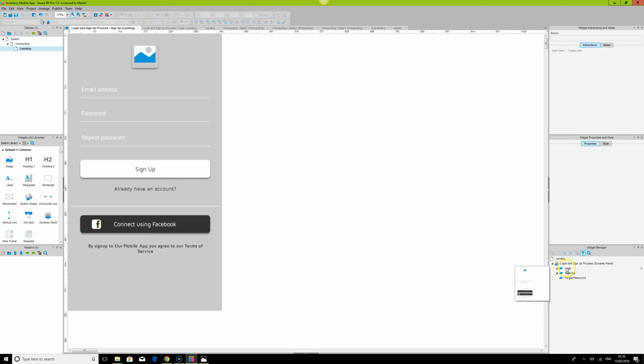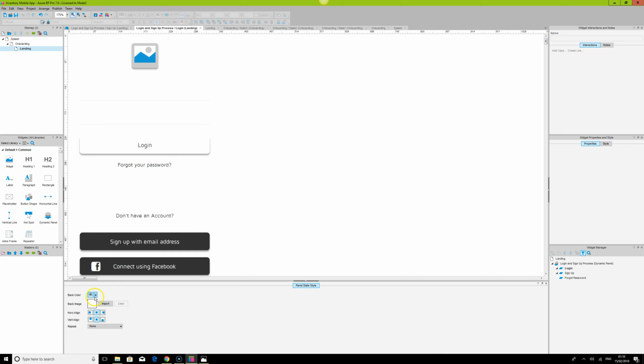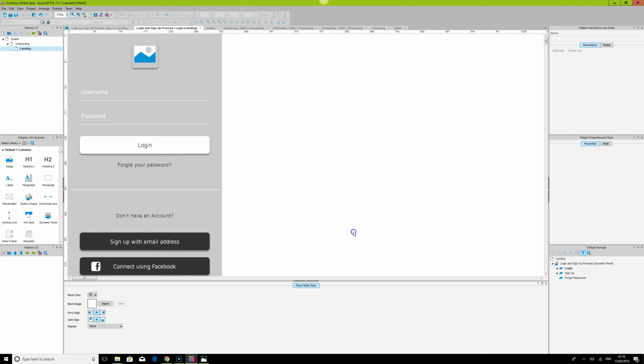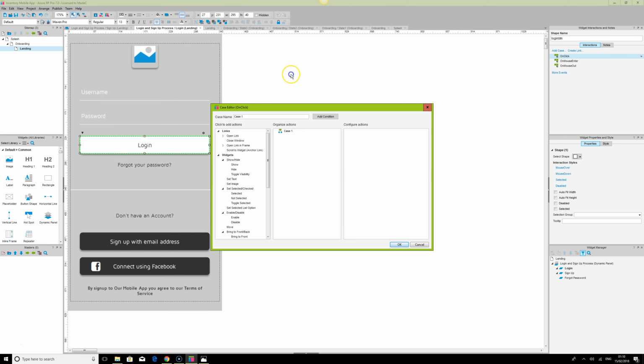So let's go back to our login and let's add a bit of interaction to this. What I'm going to do, I'm going to put the back color back, and then once we are done with the design, I'll remove the back color, and then we can make sure everything is fine. So what we need to do is we need to put on click here, but before that I need to name this button. So I say login btn, we say login. So we come here and we say widget interaction and note on click,